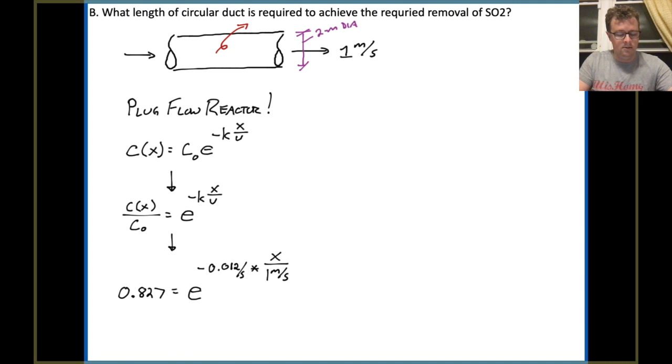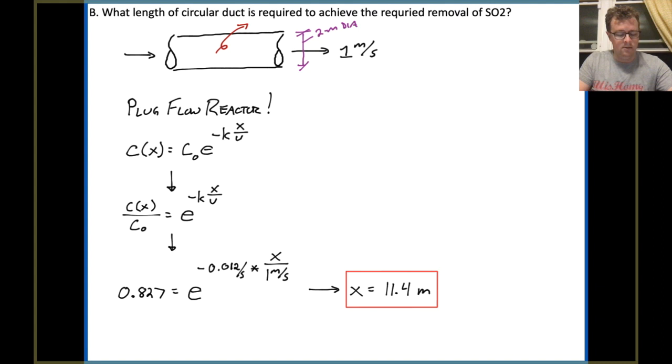The outflowing concentration, or the percent removal, should look like 0.827 times e to the minus 0.012 per second. X is unknown, we don't know what that distance ought to be, and velocity is 1 meter per second. So we can solve that out, and we learn that we need about 11.4 meters of